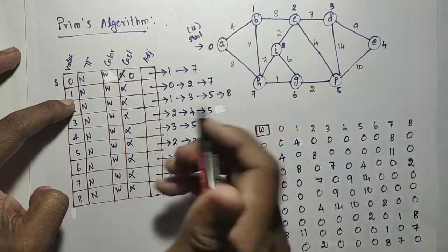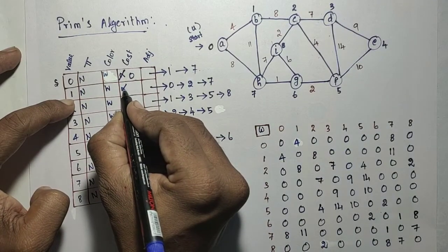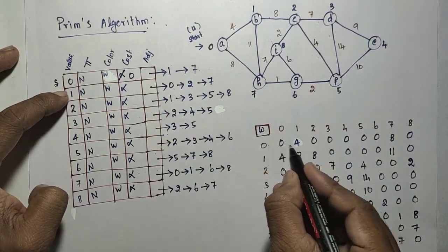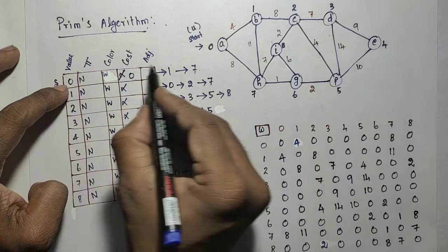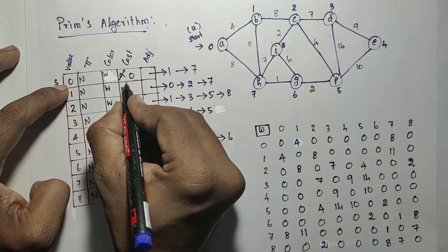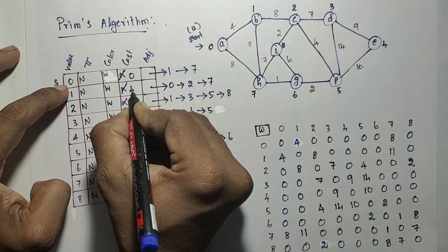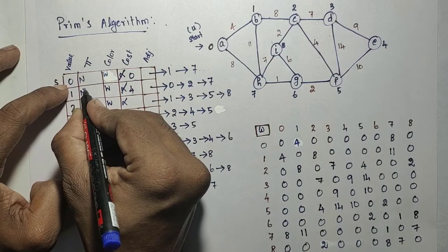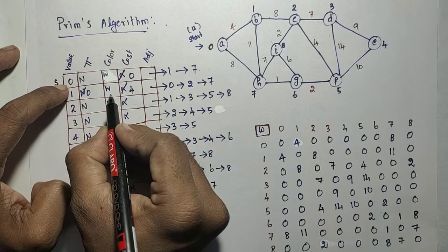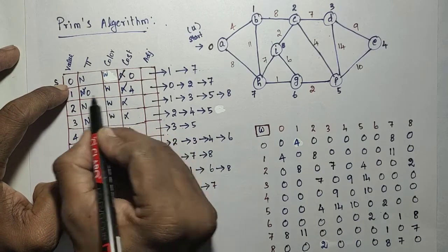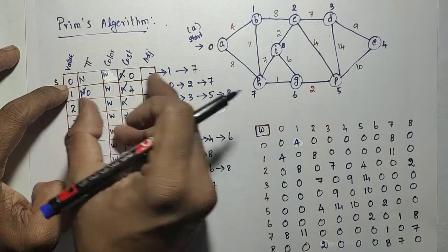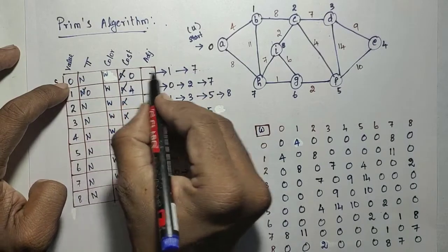So now the cost will be updated with the lowest cost, that is 4. The cost 0 to 1 is 4 and the existing cost is infinity, so this is less, so I need to update this to 4, and the corresponding parent needs to be updated with this index, which is 0. So update it. Don't change the color, since it is not visited yet. Just update the cost and parent.